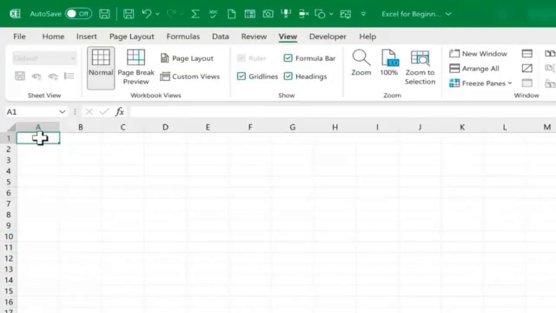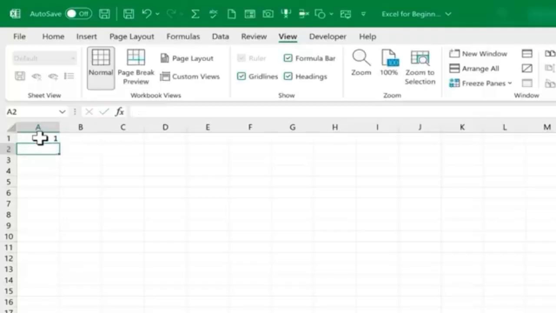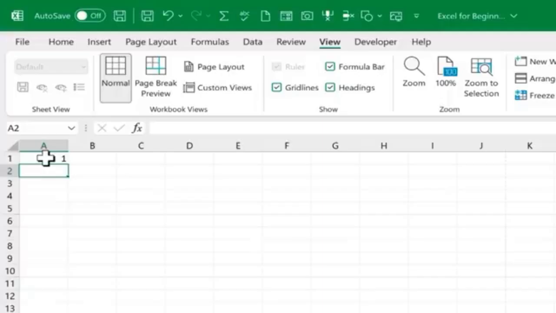So let's say the employee ID number for employee 1 is simply 1. I type the number 1 and that data appears in the cell, but it's not truly entered in the cell until I tap Enter or Return on the keyboard. Now the data is inside that cell. Notice when I tapped Enter, the active cell moved down 1, and that's great because that's where I want to type the next number: 2, Enter, 3, Enter, 4, Enter, and I could just continue to do this down the